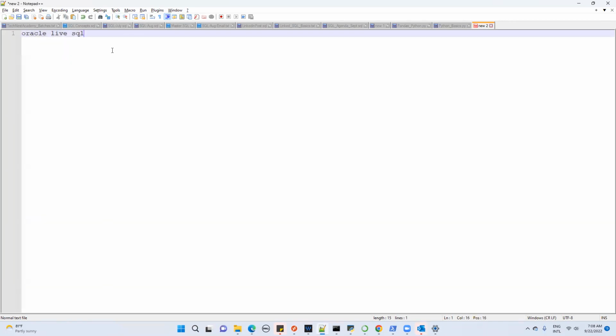So you have to just type this Oracle Live SQL on Google. Okay, and it will ask for you to create an account. You just have to give your name, your email ID. Very simple. Okay, and it will ask for a password. The password which you will give need not be your Gmail password. You can give any password. Okay, and then it will send a confirmation link on your Gmail ID. Once you confirm it, once you accept it, then your account will be created, and then you can start